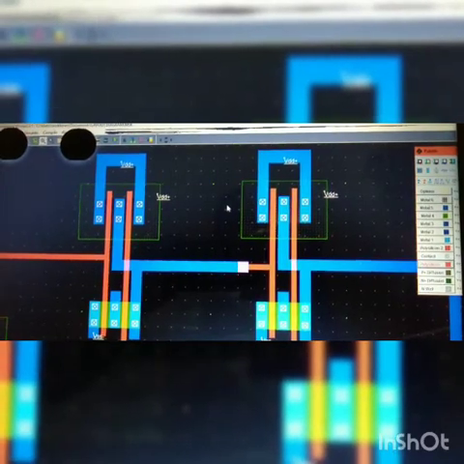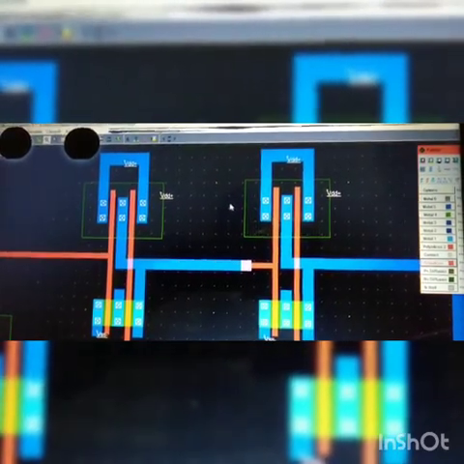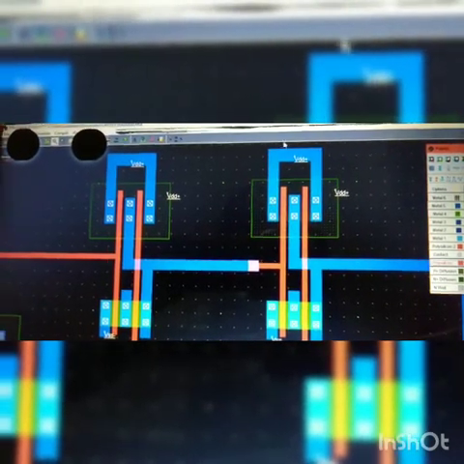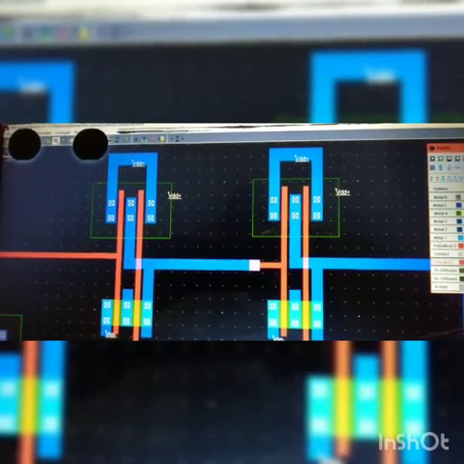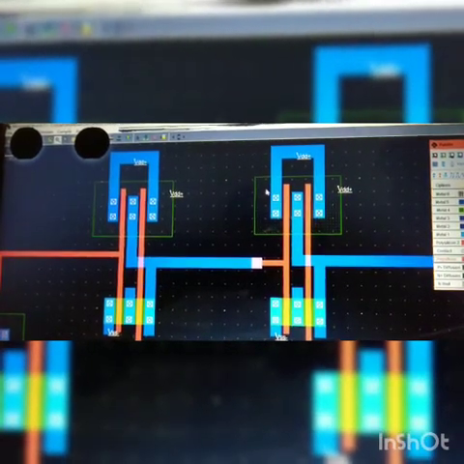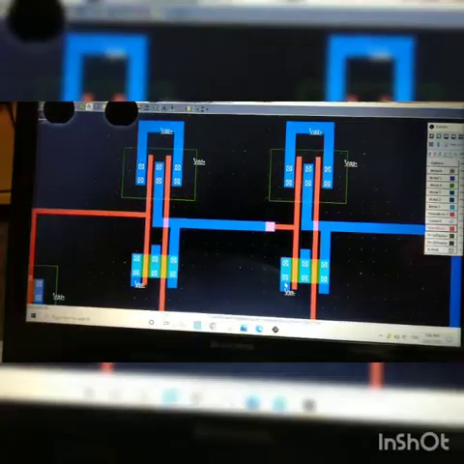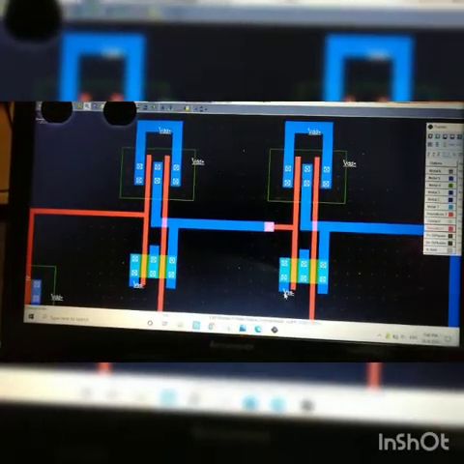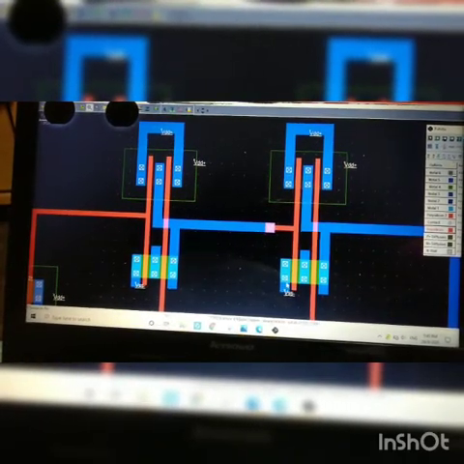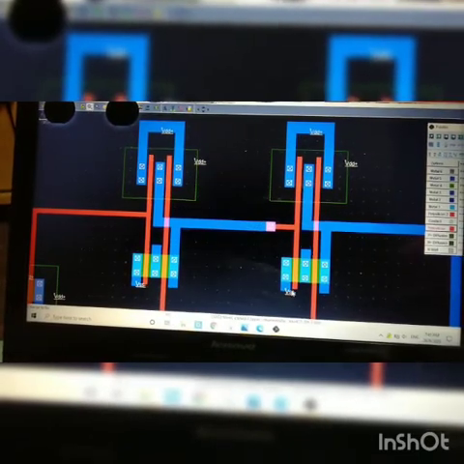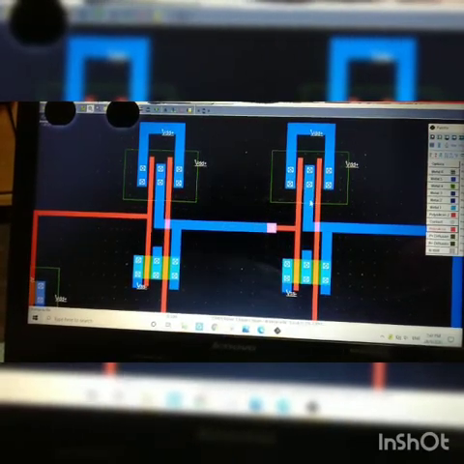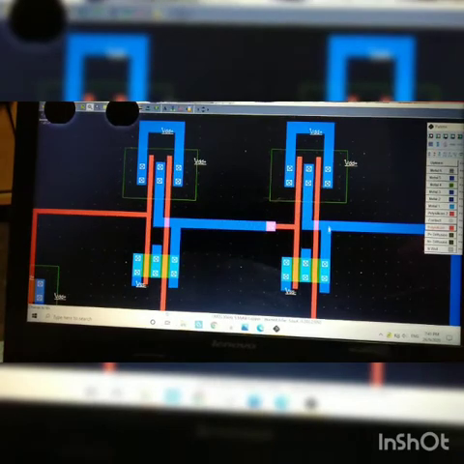And now our aim is to connect the PMOS in parallel, so short the two terminals to provide VDD. You have to short these terminals by clicking the option metal 1, and you have to connect this. Next, the NMOS we have connected in series. So now you consider this terminal as ground. You select the ground option and click here, the option gives us VSS, and you have to short these two terminals.